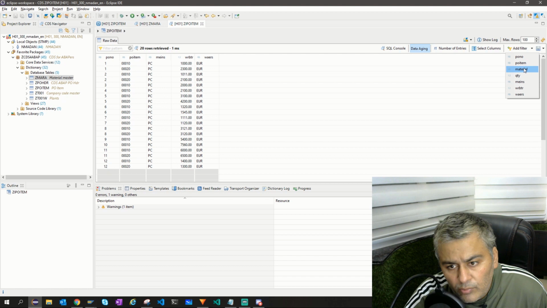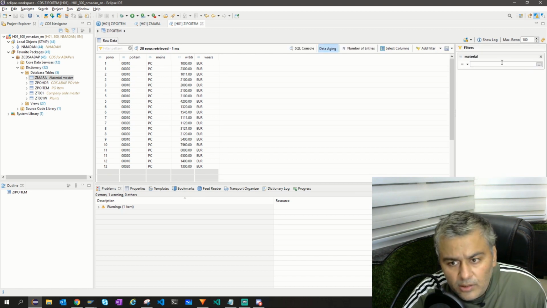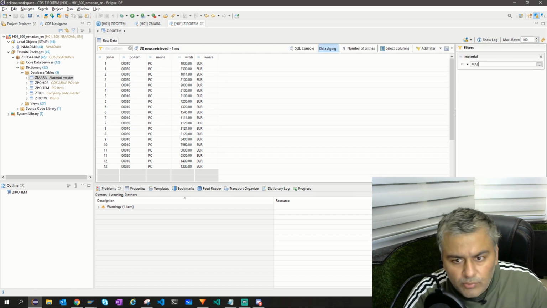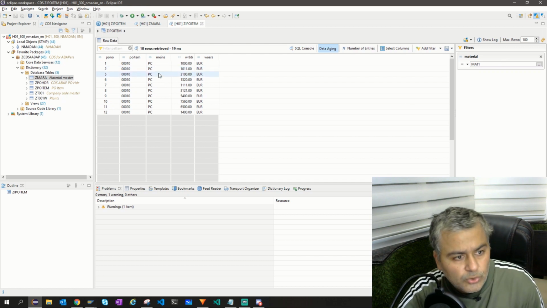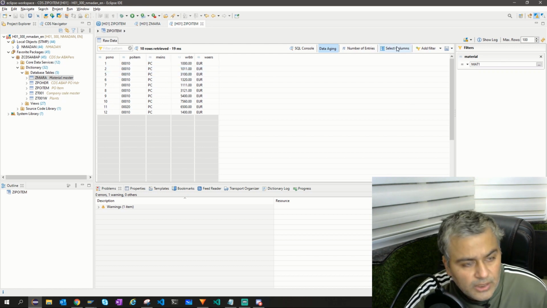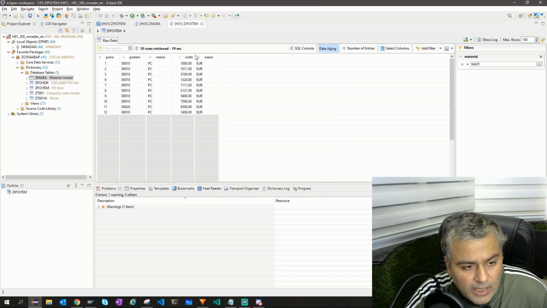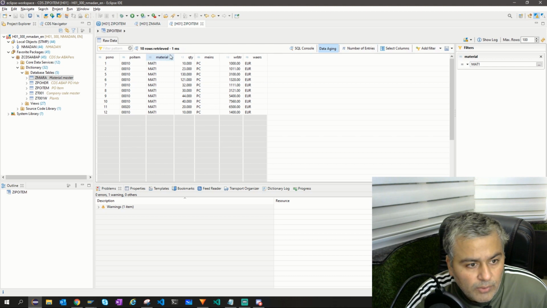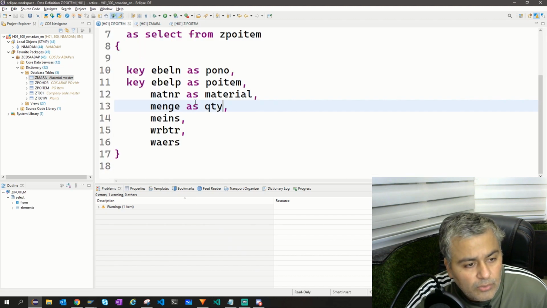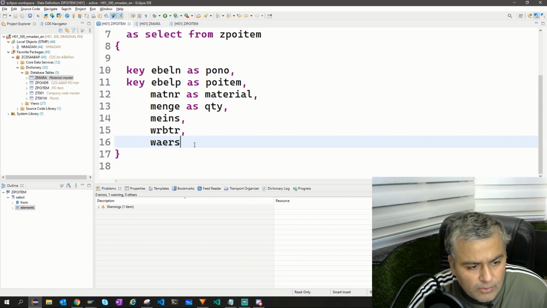For example, I want material to be only mat 1, so it shows me only the entries for which the material is mat 1. Maybe I can select it again. So we have mat 1 material, right? So now that means alias is possible. So let's see what if